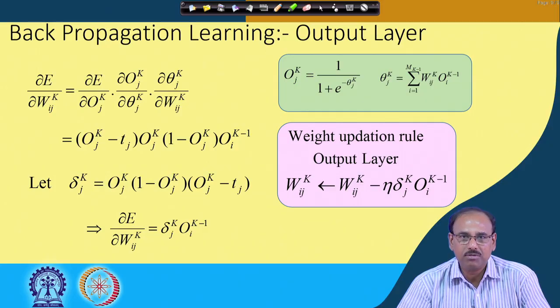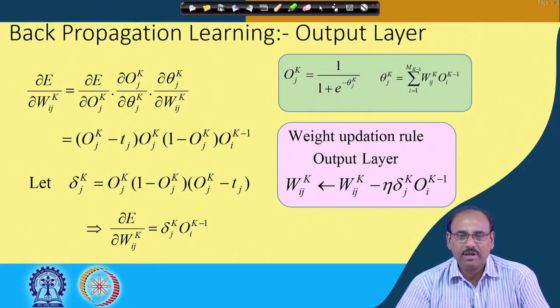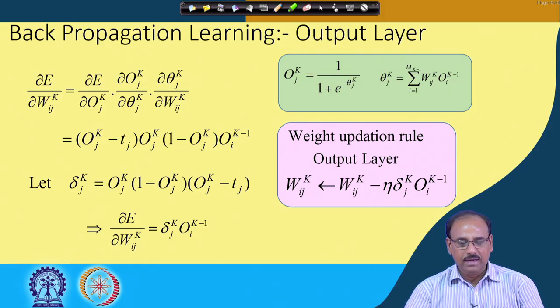The reason we are using this chain rule is that E is given as a function of Ojk, that is the output, and Wij comes indirectly. So, we compute this derivative using the chain rule, that is del E del Ojk